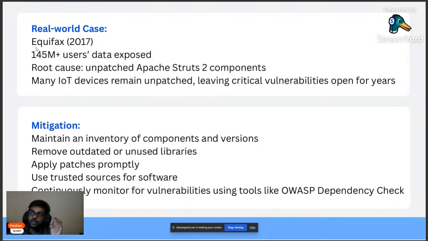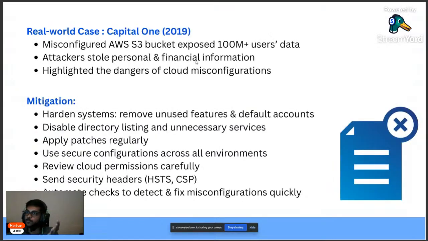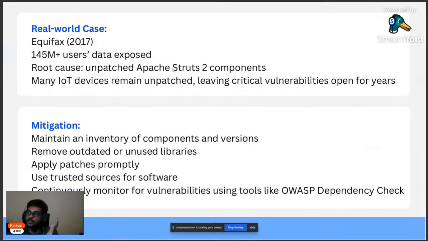So Equifax, they used Apache Struts 2 for their web app. There was a component which is outdated. Because of that, they got hacked and got this much user data exposed, like 150 million plus users. And not only web applications, if you're using IoT devices,